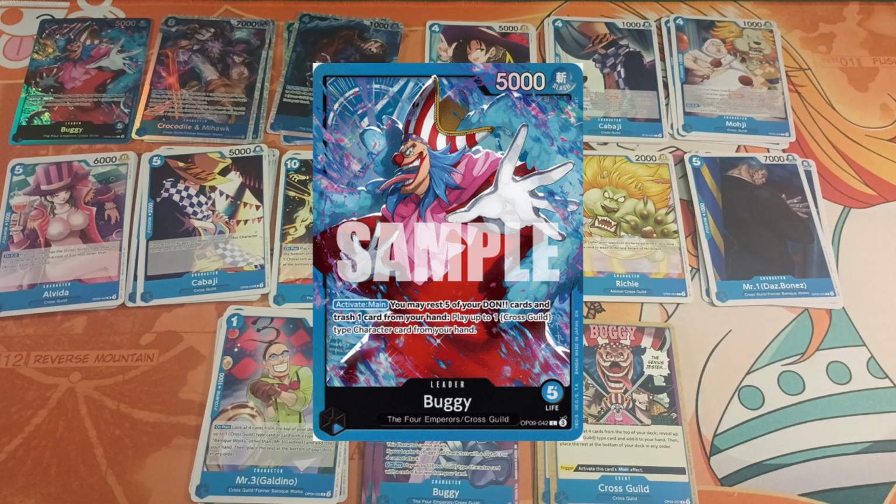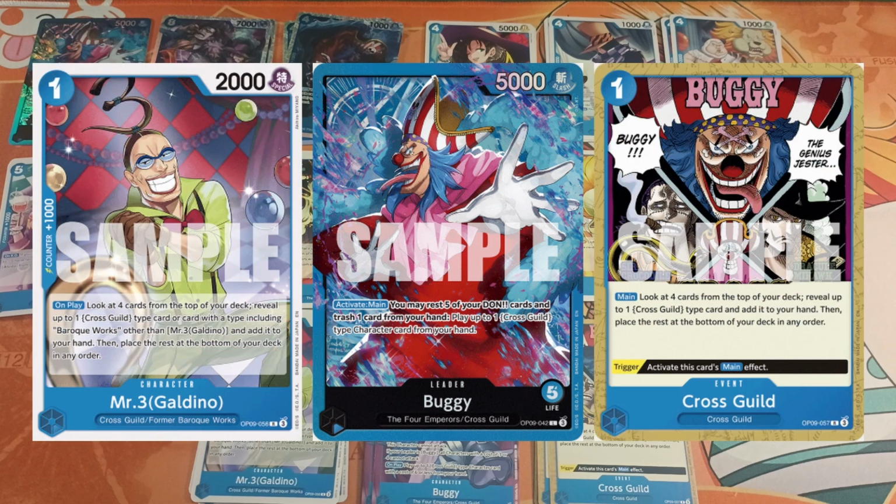Our leader Buggy's effect can be used during your main phase. You can rest 5 Don cards and trash 1 card from your hand to be able to play 1 Cross Guild type character from your hand. And then we have our 2 big searcher cards. Mr. 3 Galdino on play lets you look at the top 4 cards of your deck, reveal either a Cross